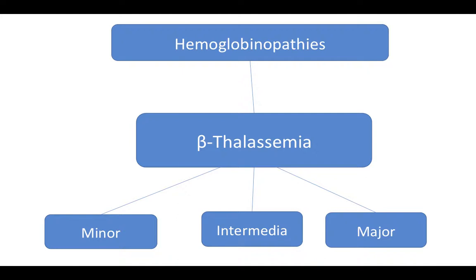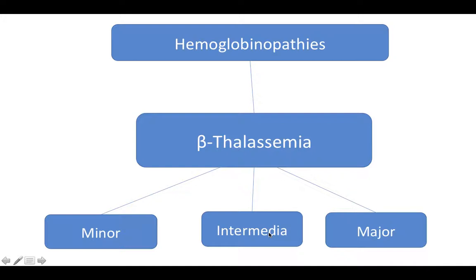The way you differentiate these is by level of severity. Beta thalassemia minor is the least severe form of beta thalassemia, and that is usually going to give you a mild anemia, maybe a hemoglobin of 10 or 11, and really no symptoms. They're usually not going to need any transfusions, but they will have a low MCV, which often can be confused for iron deficiency anemia. And then patients with intermedia, where the severity is in between minor and major, are not transfusion dependent, but they do have anemia that's usually between 7 and 10,